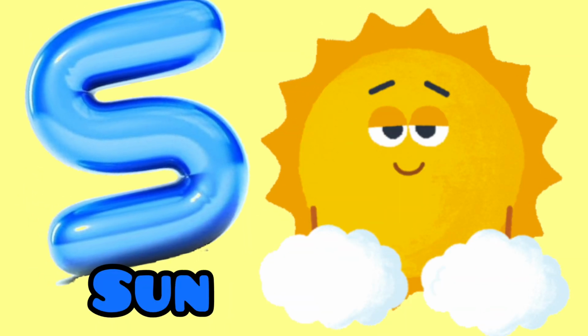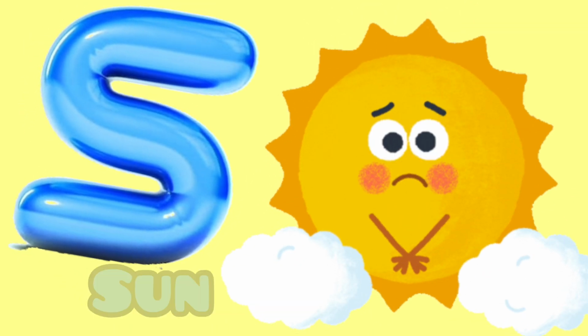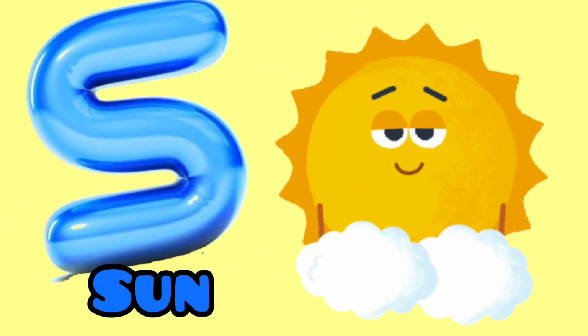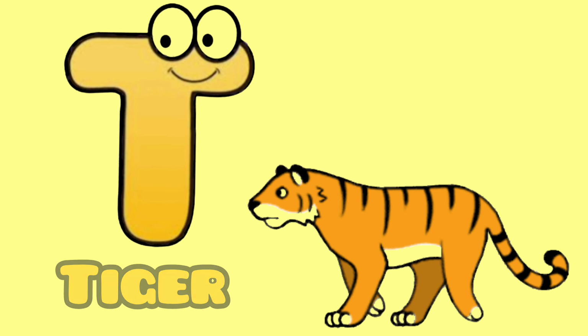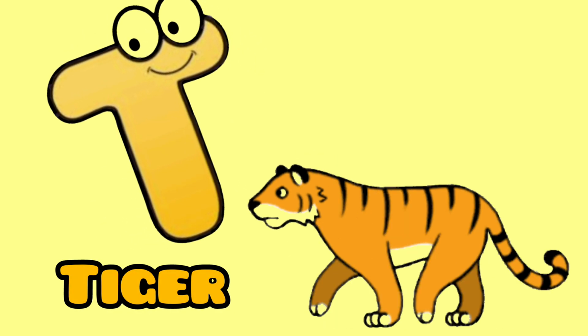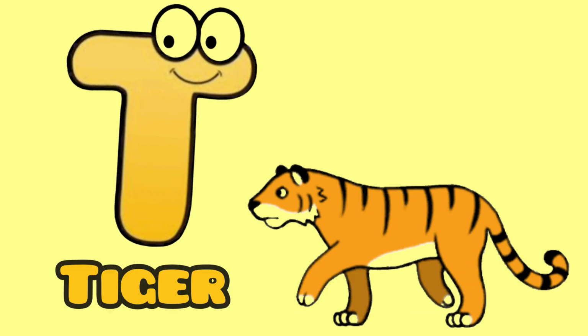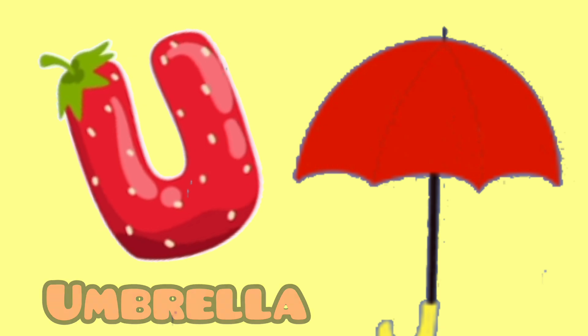rainbow. R, rainbow. S is for sun, sun. S, sun. T is for tiger, tiger. T, tiger. U is for umbrella,